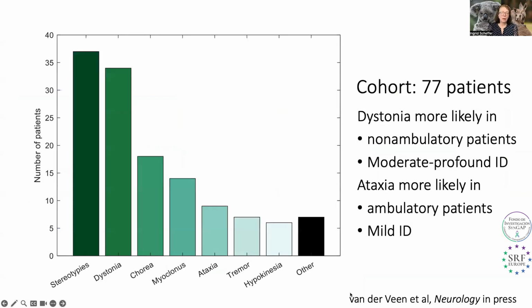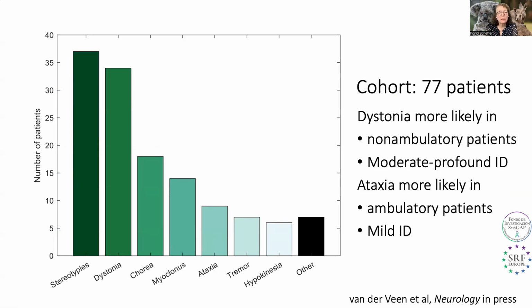So what do we find? Well, we found the most common movement disorder was stereotypies, followed by dystonia, chorea, myoclonus, ataxia, tremor, hypokinesia, and other. And dystonia was more common in non-ambulatory patients and more common with moderate to profound intellectual impairment. And ataxia was more common in ambulatory patients, which is partly because we can diagnose it then, and